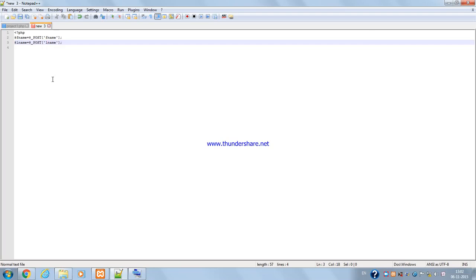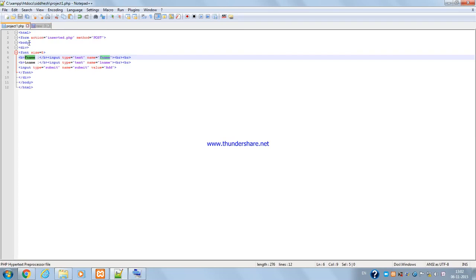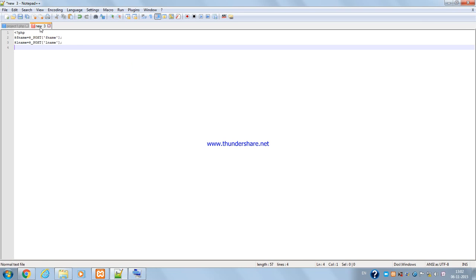Here also last name. Now remember that dollar underscore POST and whatever is there in the bracket, that is f name and l name, is coming from the previous file. Just have a look over here. In the f name field we have given name equals f name, and in the l name field we have given name equals l name. So in the new file, which contains the PHP code, we are mentioning dollar underscore POST with f name and l name in the brackets. Now proceeding with this,